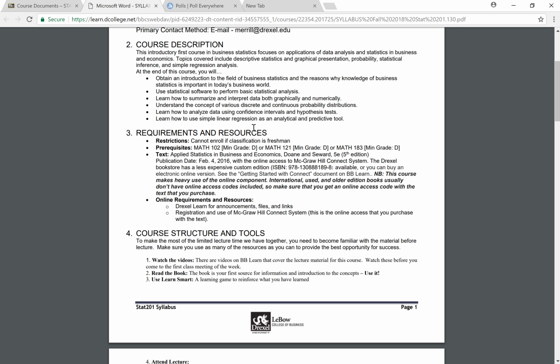The TI 84, 85, 92, all those calculators have built-in functions that will do almost everything that we're going to do in this course that Excel will do.